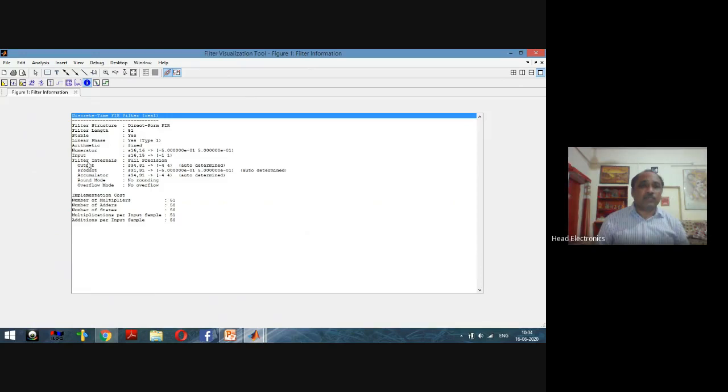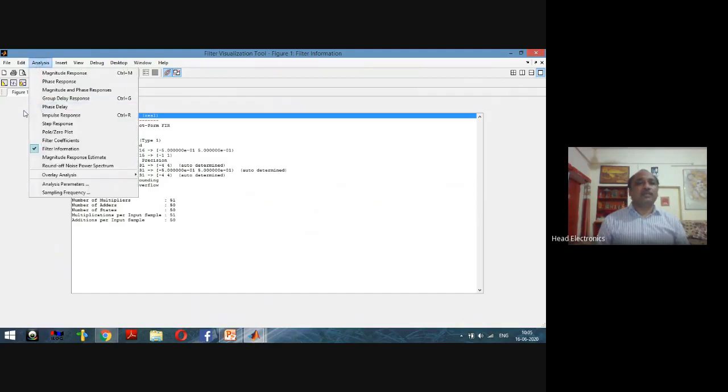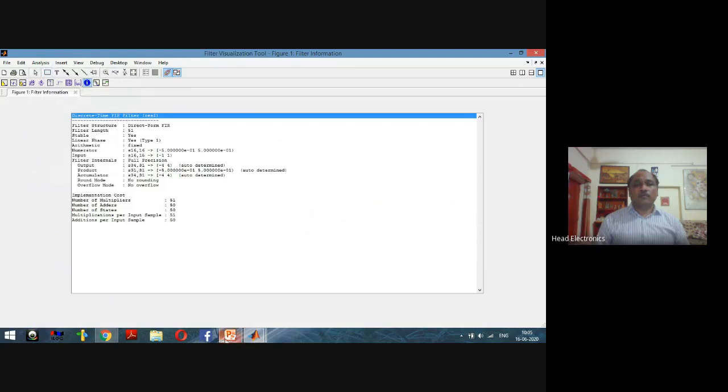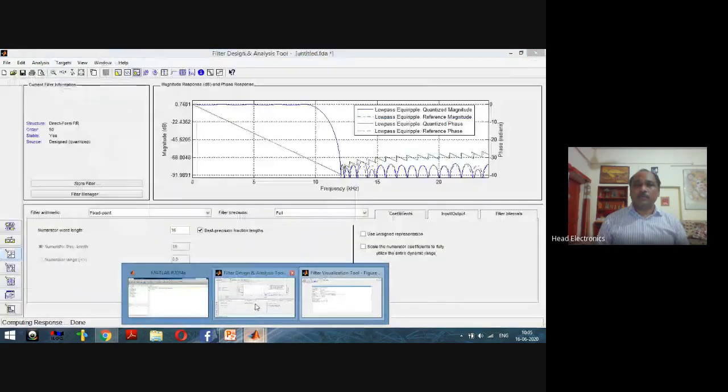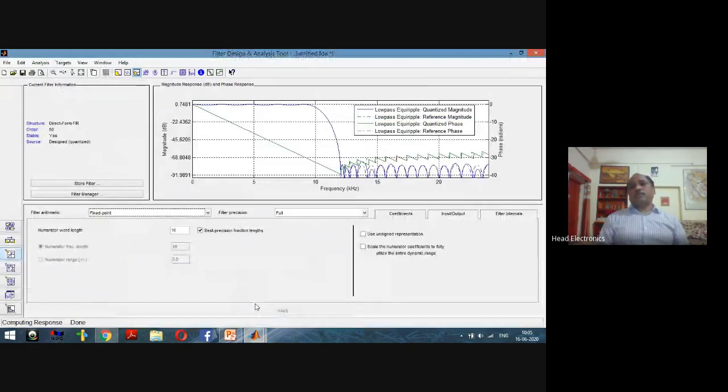That's why the filter internal full precision is given in this manner, and the filter implementation cost is also the same in this case, but in some other cases that may differ. So we have to analyze these aspects, and after this analysis we can select the particular type of filter that will be suitable for the implementation.